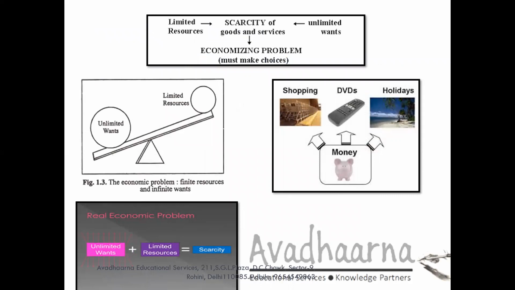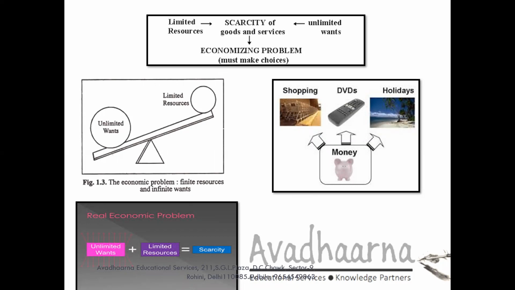You see, limited resources, unlimited wants, it is going to lead to scarcity of goods and services, and that is why the economic problem arises, economizing problem. That is your problem of choice, which says what to produce, how to produce, and for whom to produce. So in economics, we try to solve these three problems, that what is to be produced with these scarce resources